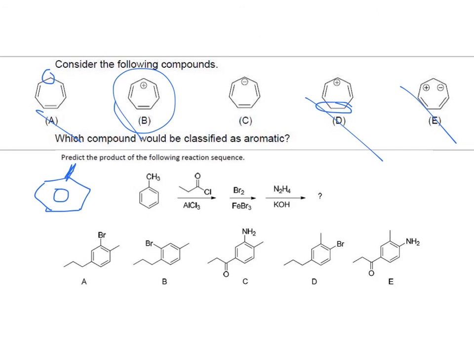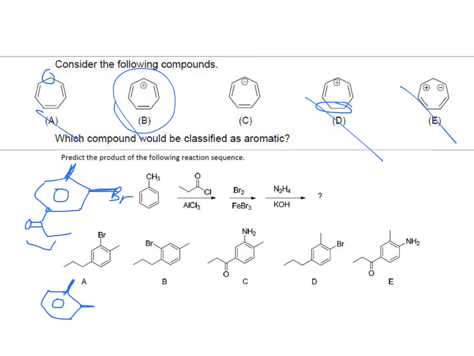So we have the COCl that is going to give you the para product, and the further bromination is going to give you the Br at the meta position, because now you have a ketone, and that ketone is meta-directing in nature. When you reduce it with hydrazine and KOH, that's going to convert this acyl group into the propyl group, and so your product should look like